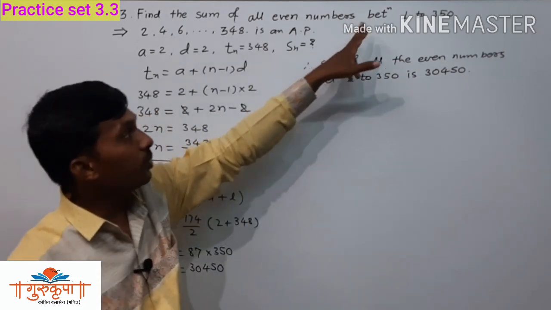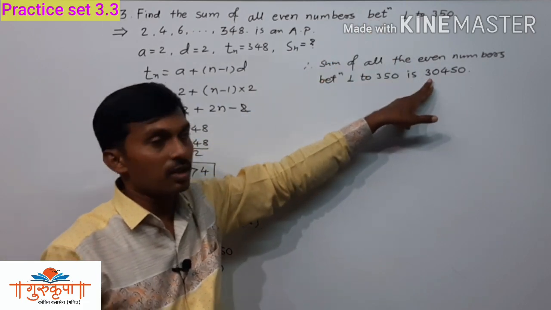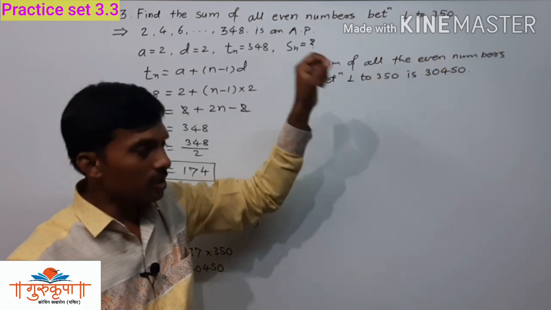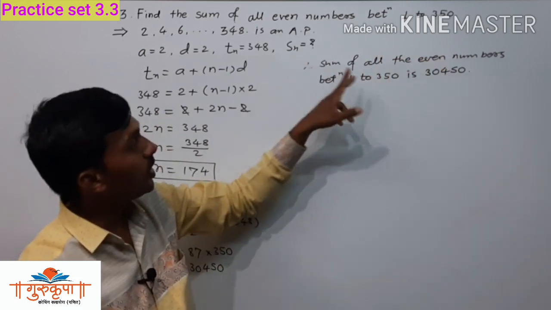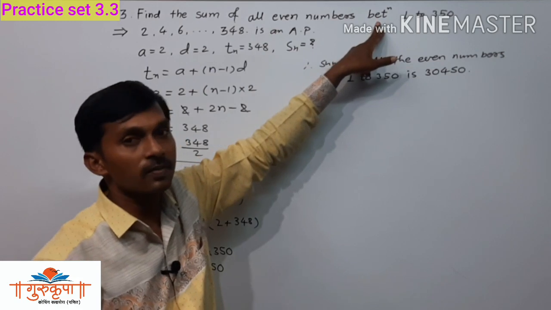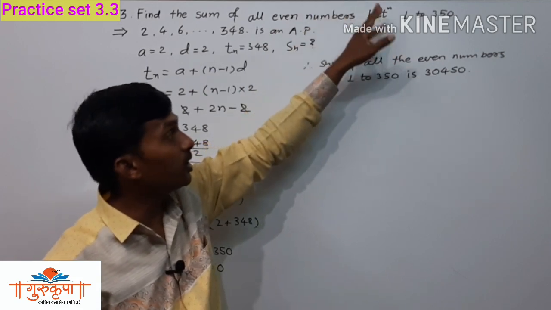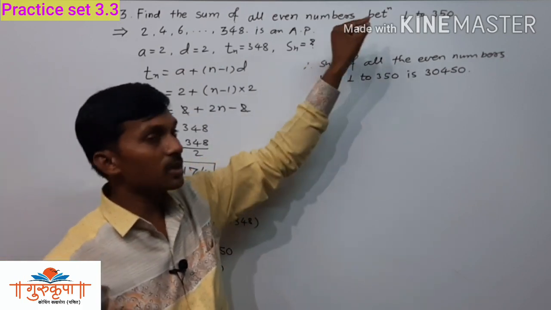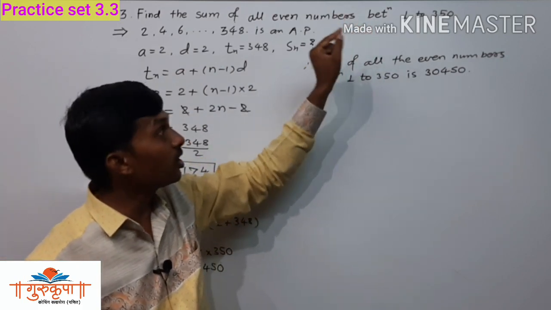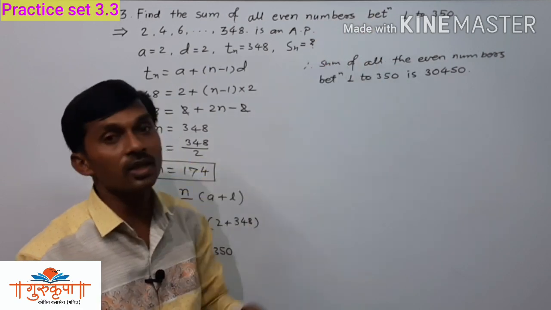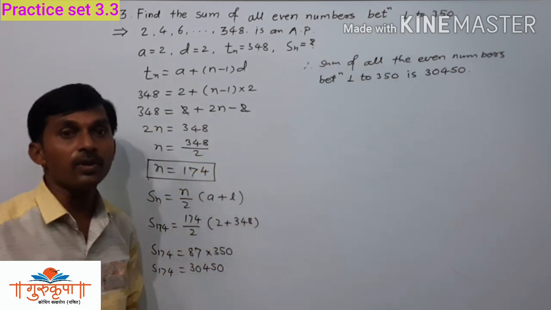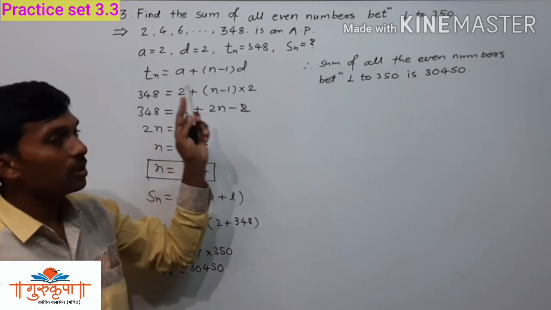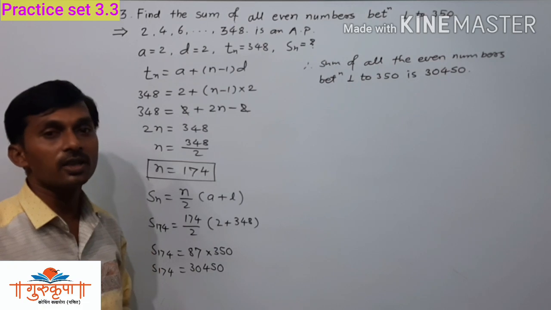Now here we have to make a change to get this answer. If we didn't make the change here, then we will get another answer, and that is also a correct answer. We already simplified this question taking the word from here, and now removing it and putting in between, we again simplify this question. So one word makes the answer change, so you have to take care about which word is given there and which change we have to make. So this is all about the third example from practice set 3.3.